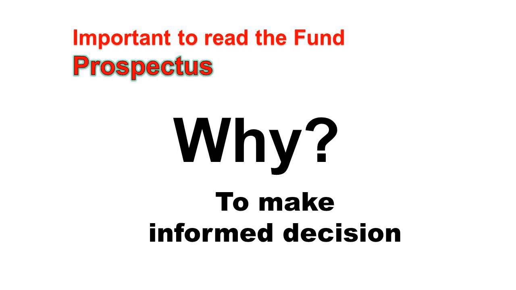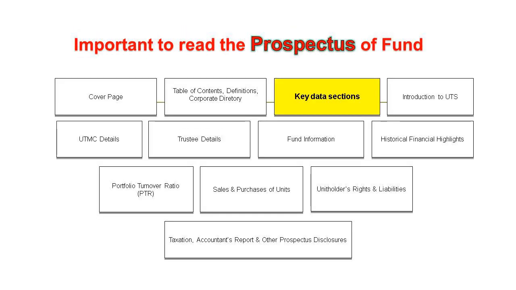So remember for your exam, it has an expiry date. Okay, what's inside the prospectus? The master prospectus has a table of contents. It will tell you exactly what's inside: the definitions of the terms they use, what it means by this and that, and the corporate directory, which means all the branches of the company. Who are the directors, who are the investment committee, everything is inside for you to read. The objective of the fund, everything is inside.